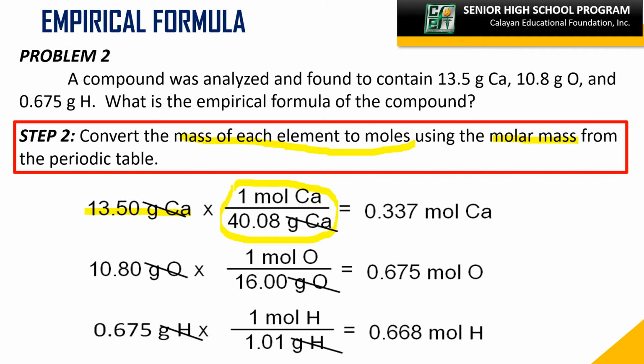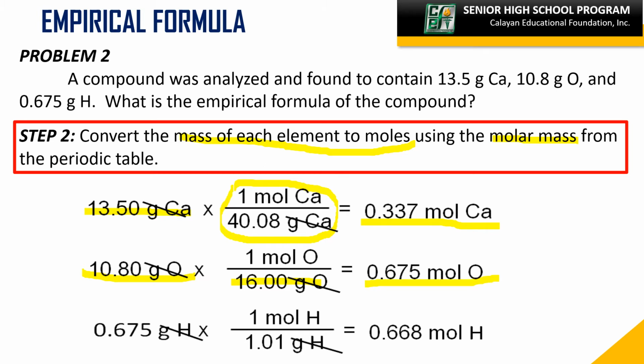So 13.50 times 1 divided by 40.08 will give you an answer of 0.337 moles of calcium. Next, for oxygen, our given is 10.80 grams. So in every 1 mole of oxygen, there are 16 grams. So 10.80 grams times 1 divided by 16 will give you an answer of